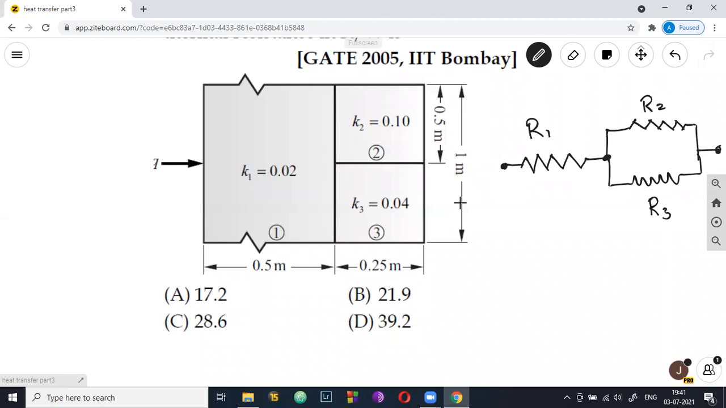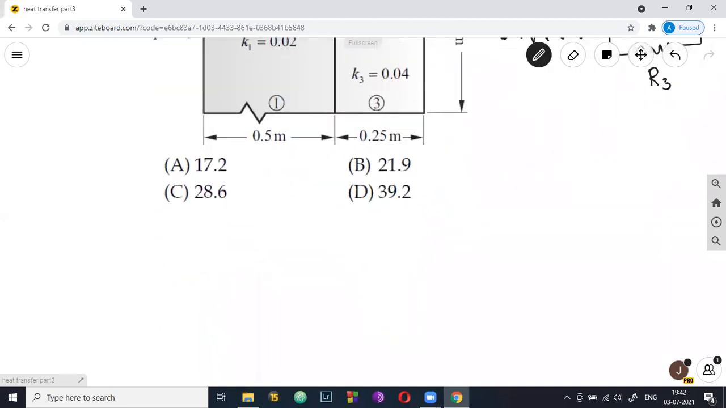Our objective in the question is to find the equivalent of this entire network. You might be familiar with solving series and parallel resistance from your electrical system, from your 11th and 12th standard. So I'm going to solve it. So R equivalent directly can be written as,